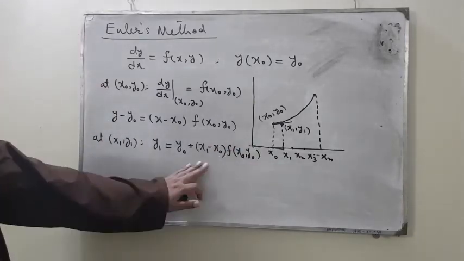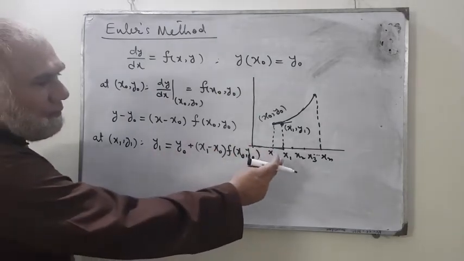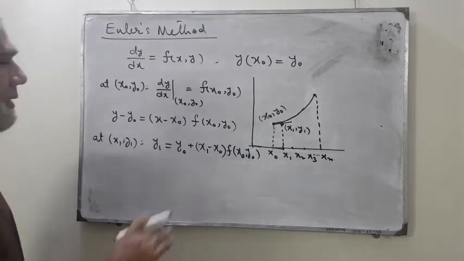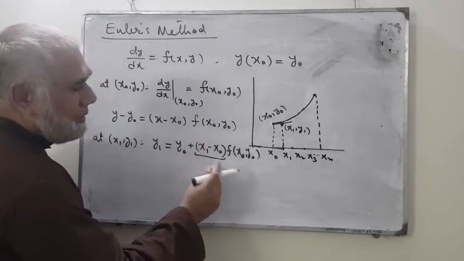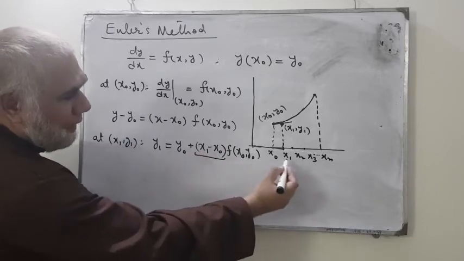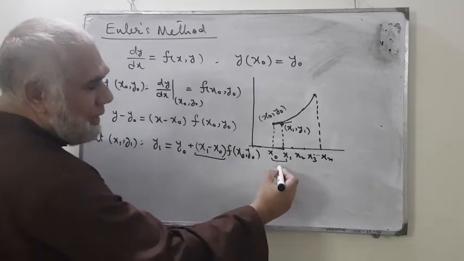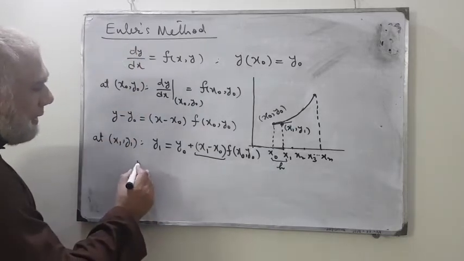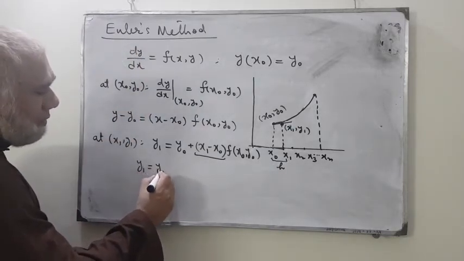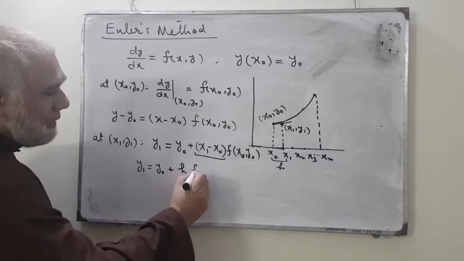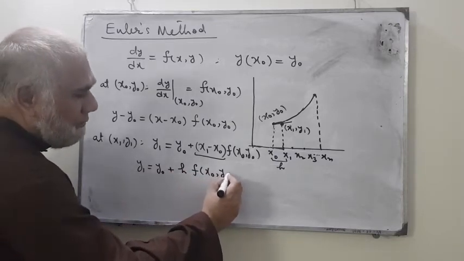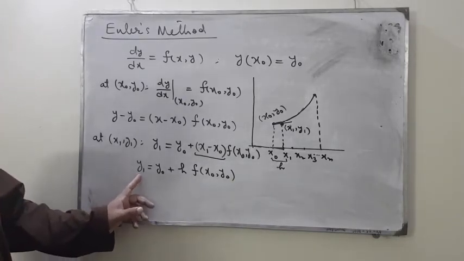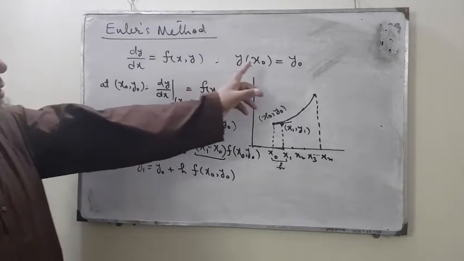Okay. Now this is the equation when we reach this point x1. If we look at this part, this is basically the difference of the first two endpoints. Generally we denote the difference by the letter h, so I can replace it by writing y0 plus h times f of x0 and y0. So here you can see, in order to find the value of y1,